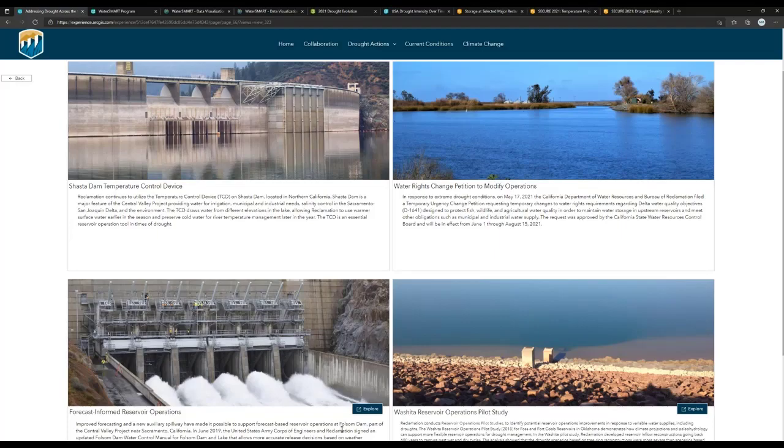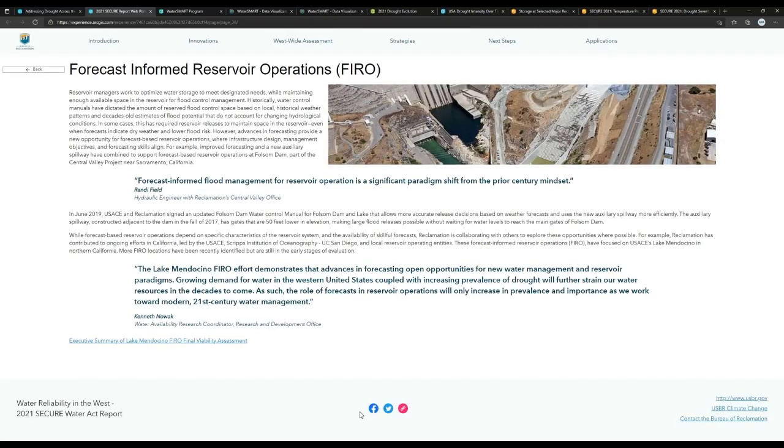And if you would just click on that explore for the Folsom example, you can see that it brings up more information about what forecast informed reservoir operations are, how we're using them to be able to use real-time forecast information and short-term forecast information to inform how we operate reservoirs in some cases where the facilities are conducive to this and where the laws allow us to do so.